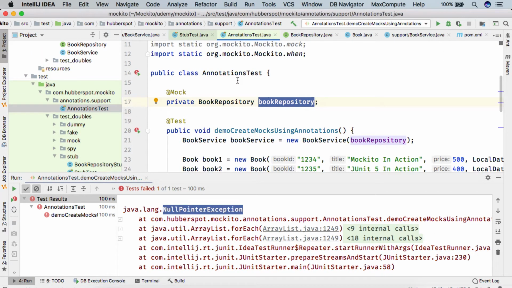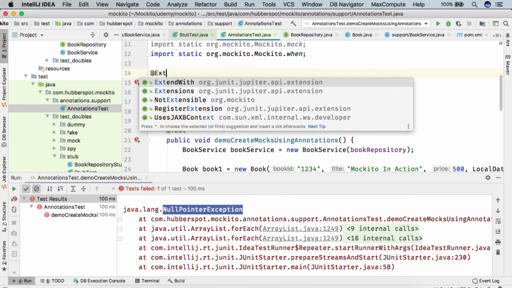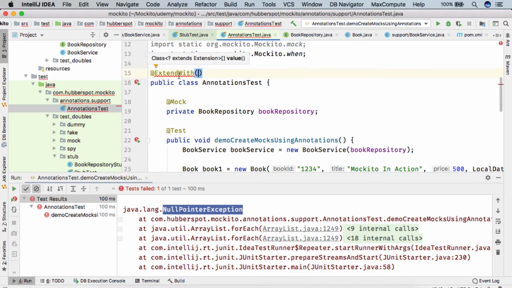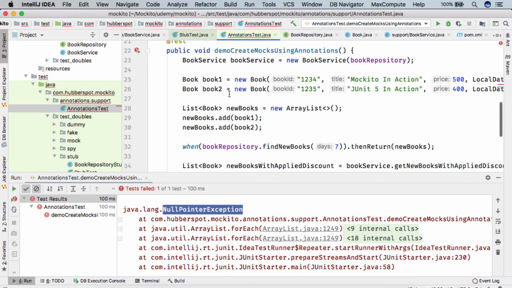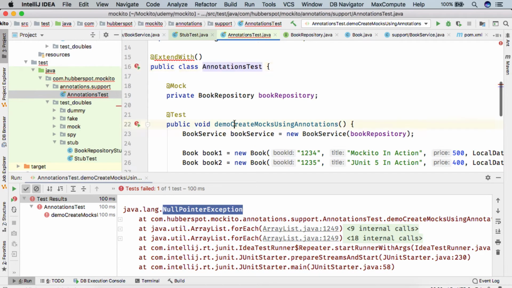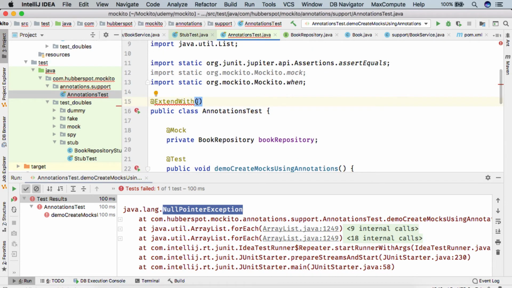in order to tell Mockito that this is our mock object, we need to run our annotations test with the Mockito extension. So here what we need to do is, on the top of our class, we need to use one more annotation, @ExtendWith. So this annotation is part of JUnit 5 extension API, present in package org.junit.jupiter.api.extension. So when we use this annotation, we are extending the capability of our test classes and test methods. So here we are extending the capability of our annotation test and its methods using Mockito extension.